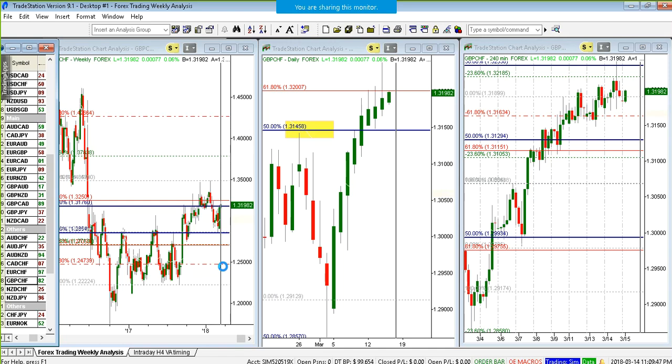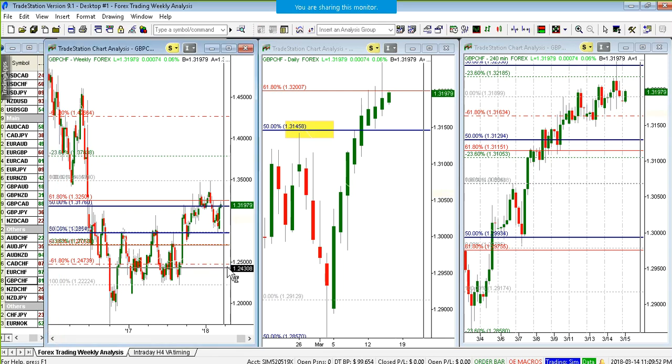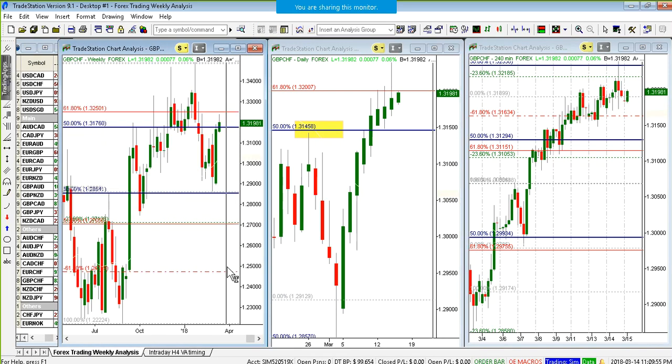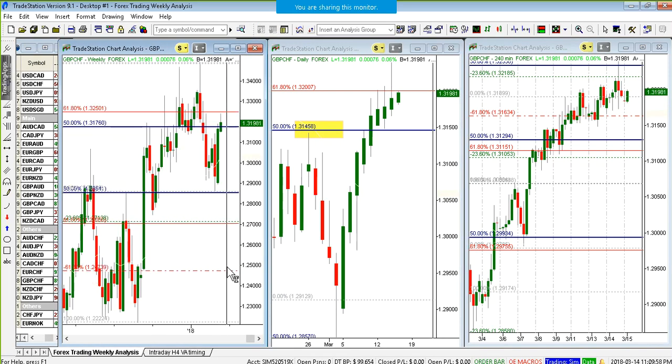And obviously, as usual, we cannot trade everything, right? So we have to make choices, and usually the majority of good opportunities I find them in the majors, so I don't even have to go and get into the other markets here. Now